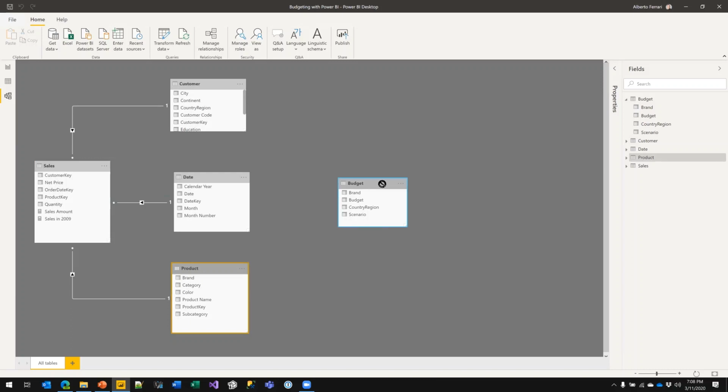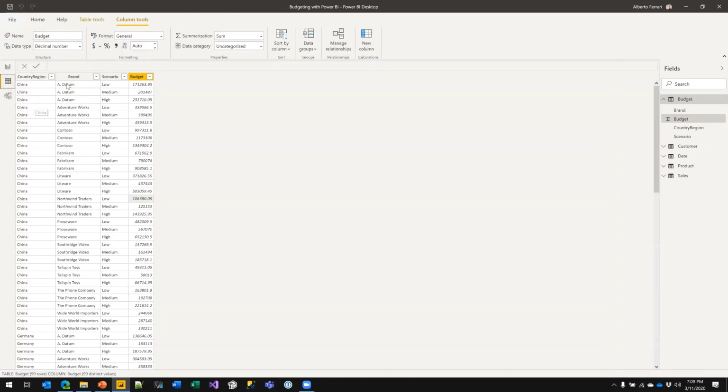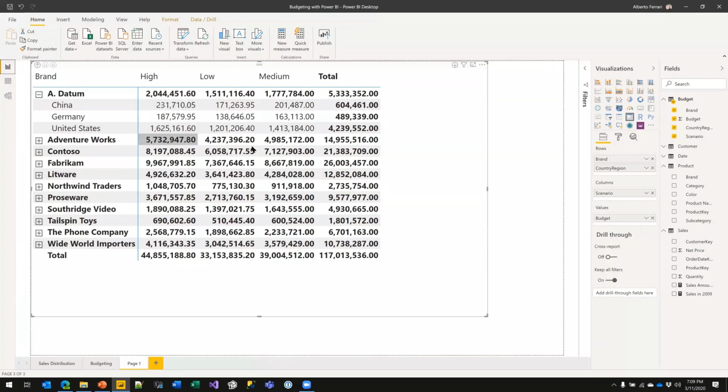And I added to this model a budget table. Actually, it's not a budget, it's a forecast of sales for the next year. The important thing about the budget is that sales coming from the data warehouse has a very detailed view of information. We have sales at the individual day level and product level. Whereas when it comes to budget, data is at a much higher granularity. The budget table is seen here, but it's tiny. I didn't have time, I cannot zoom in, so I prepared a report that contains the actual budget data.